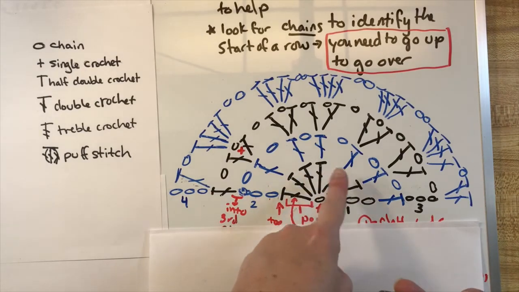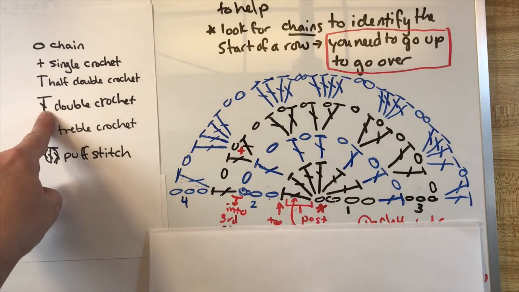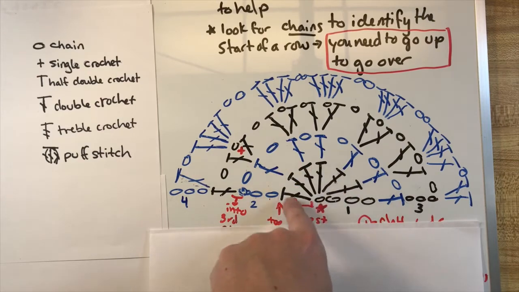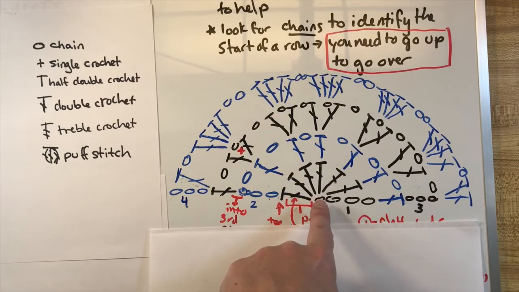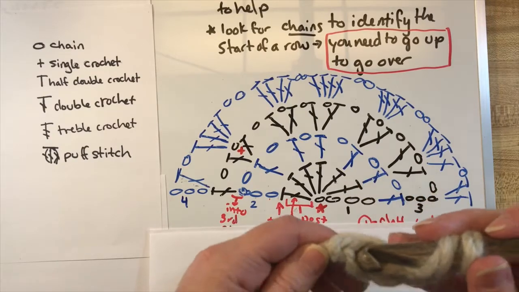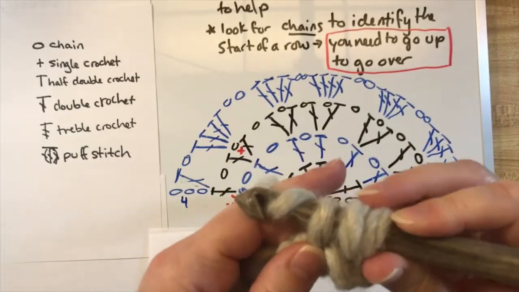Now the rest of this black row, 1, 2, 3, 4, 5, 6 things that all look the same. They look like this. They're my double crochet. And where they go, the end of them is all hovering over that first chain that I made. So I'm going to start off, I'm going to push into that base chain